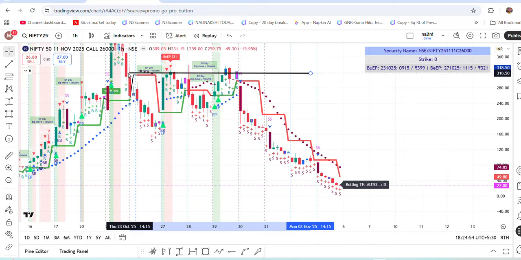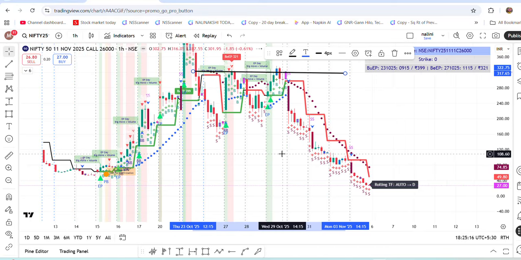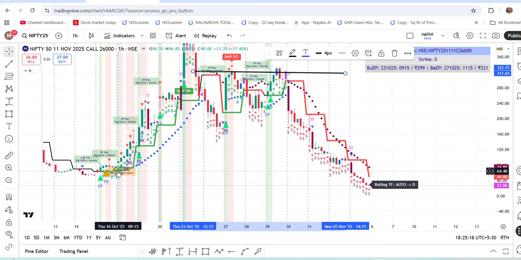This is how you can trade, traders. As a retail trader, you can also make money. Do not enter daily; day-to-day trades can get trapped, because they trap it. It will go up and you will get trapped. You think the market is going up and you enter into a call option. You should not get trapped over here.